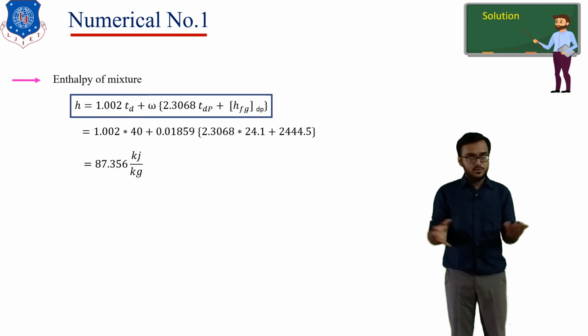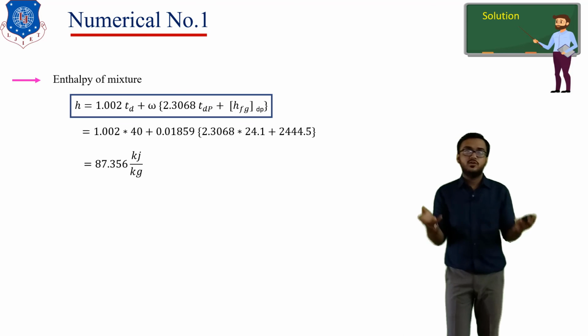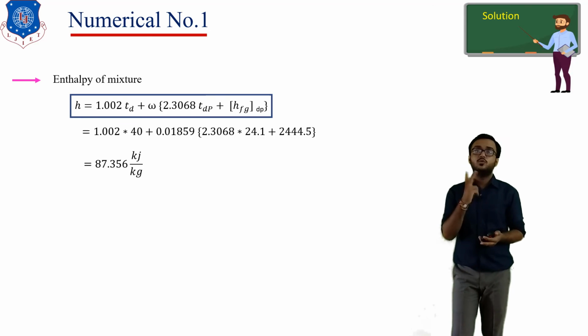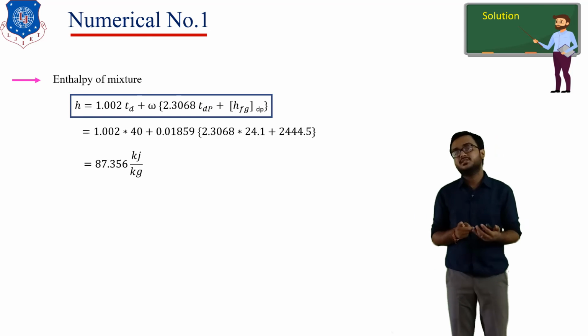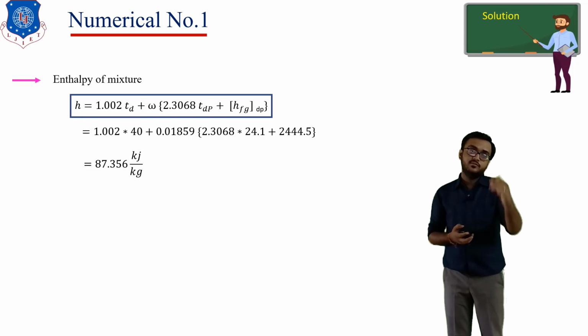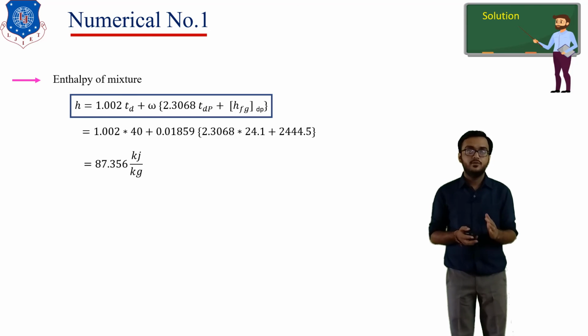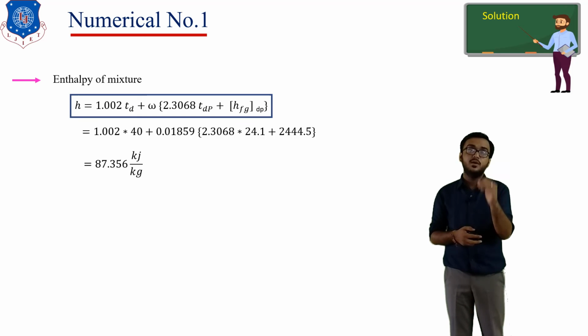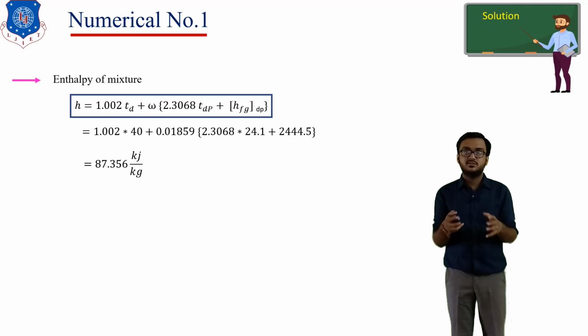Likewise, we are able to calculate a number of different psychrometric parameters, or psychrometric terms, just by using two data: dry bulb temperature and wet bulb temperature. So it is all about the numerical related to psychrometric terms. Clear to all? You just need to remember the equations and keep the steam table with you. Once you have the equations and the steam table, you are able to calculate any example quickly.